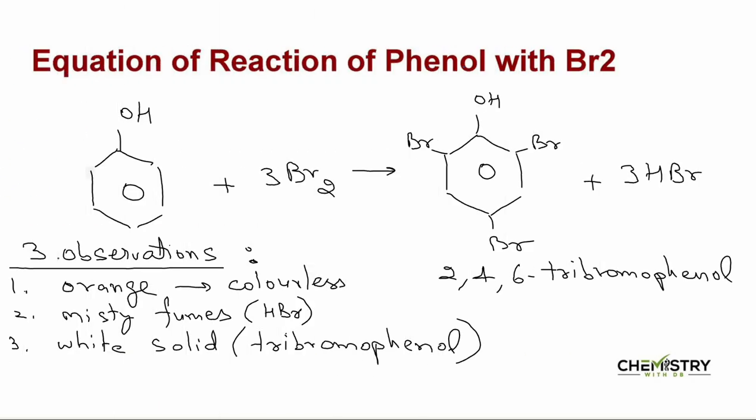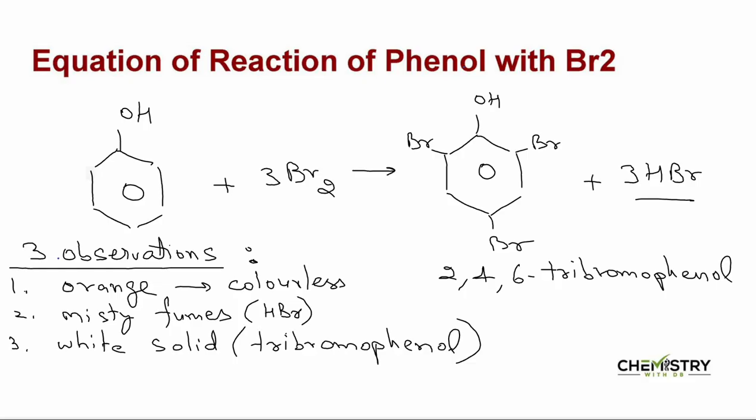On the other hand, when we look at the reaction of phenol with bromine, you know that it's a triple substitution with bromine entering in the 2, 4 and 6 positions and forming 2,4,6-tribromophenol. So as a result, there are three observations when phenol reacts with bromine. First one is that the solution turns orange to colorless. Second observation is for the HBr, that you see misty fumes. And the third observation will be on account of the organic product, which is the 2,4,6-tribromophenol, which will give you